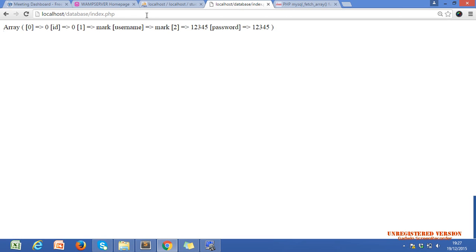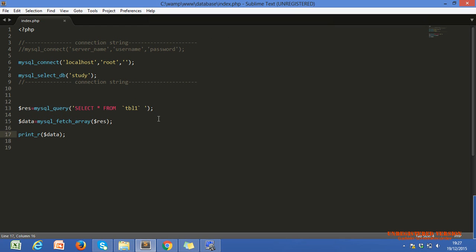Okay, I'll explain why this is only one row. I'll try to print again. Okay, let's see the code first.